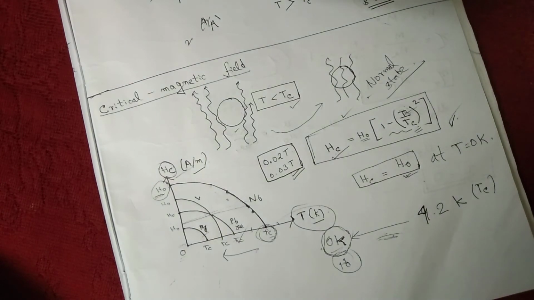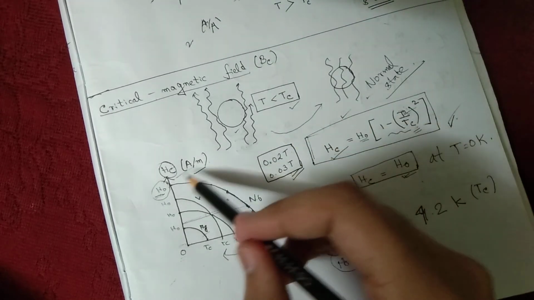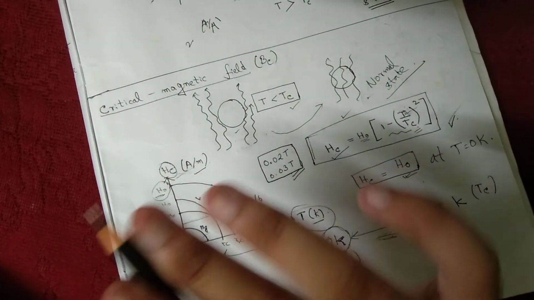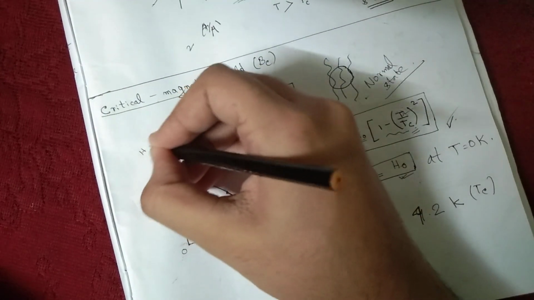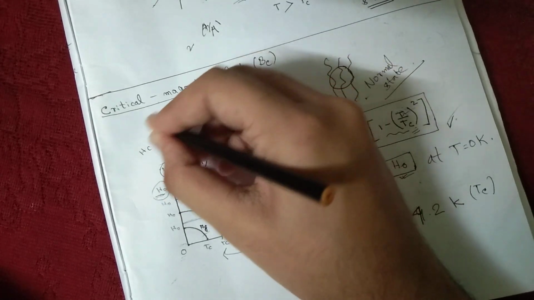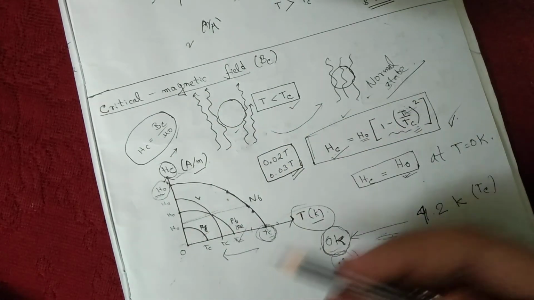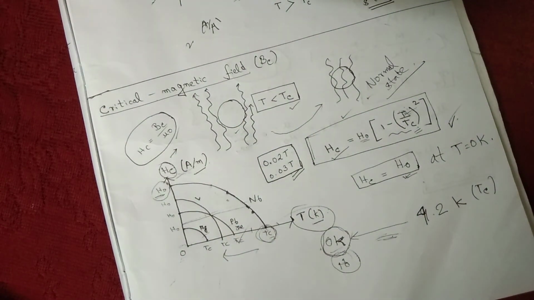So this is all about the critical magnetic field. Just don't get confused between critical magnetic field and magnetic field intensity. People often get confused in this too. Magnetic field is Bc and I have drawn over here Hc. Not a big deal. As you know, Hc equals Bc upon mu naught. There will be just a small change in slope if you take this. The shape of the graph will be almost the same. So don't get confused in the small things.